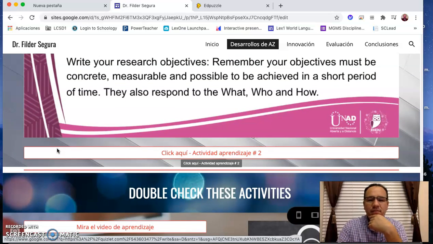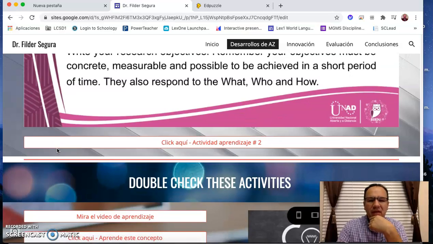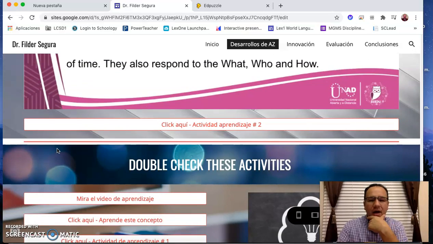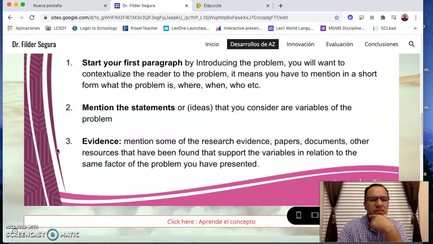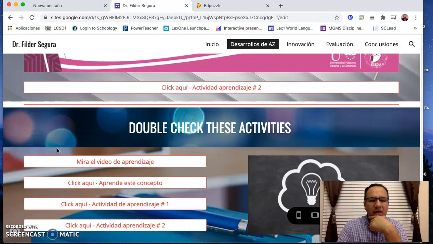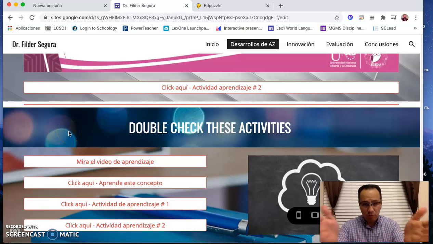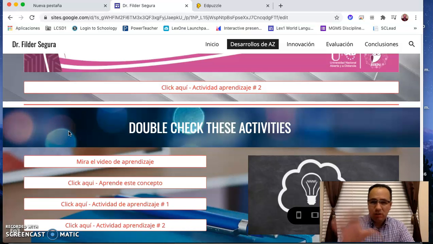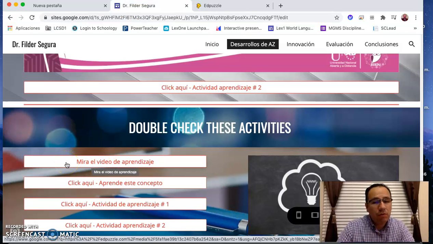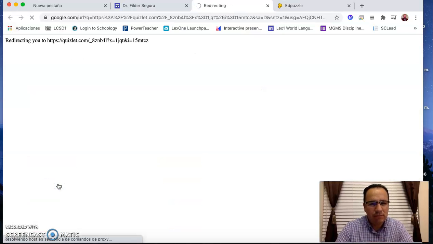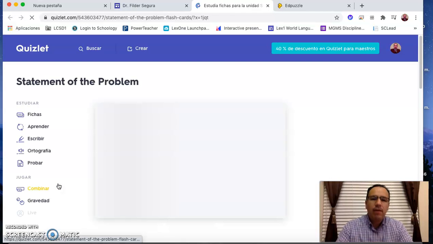Now, let's see some of the important elements that you can get from this. We can learn some of the basic vocabulary, and for that you can just go to the bottom of the page that you're going to have in your course, the one that I have shared with you. And then you can click on the video that I showed you previously, or you can learn the concept a little bit better. Let's try that one. Let's learn about the concept. So here,